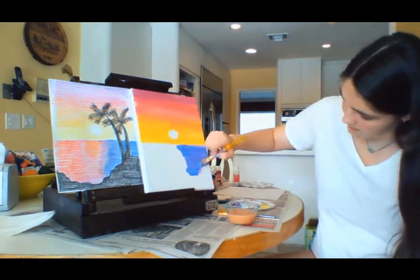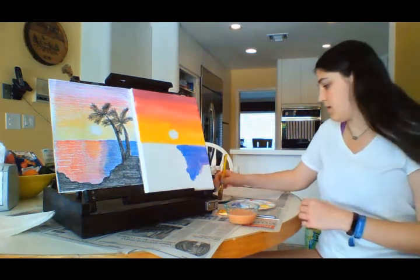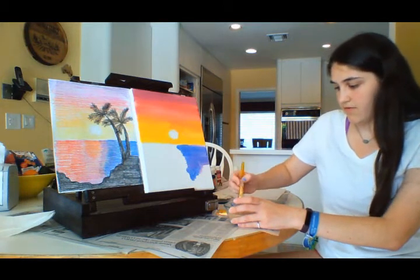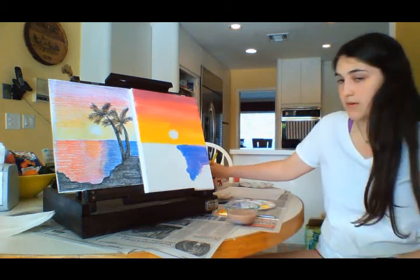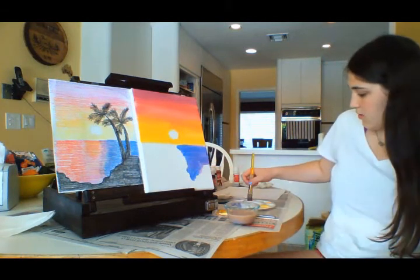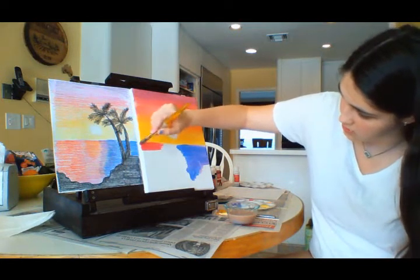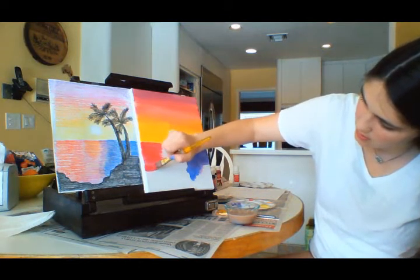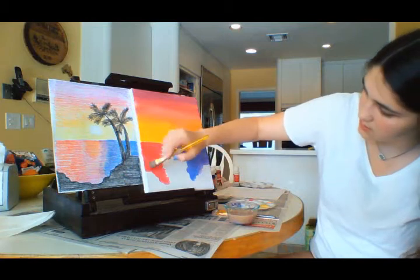And blend it all together. And then wash off your brush, or use a different brush, but wash it off, dab it on the paper towel, and then you're going to go on the other side and do red. Again, try not to cross your horizontal line and try not to paint over your island. You want to go all the way down